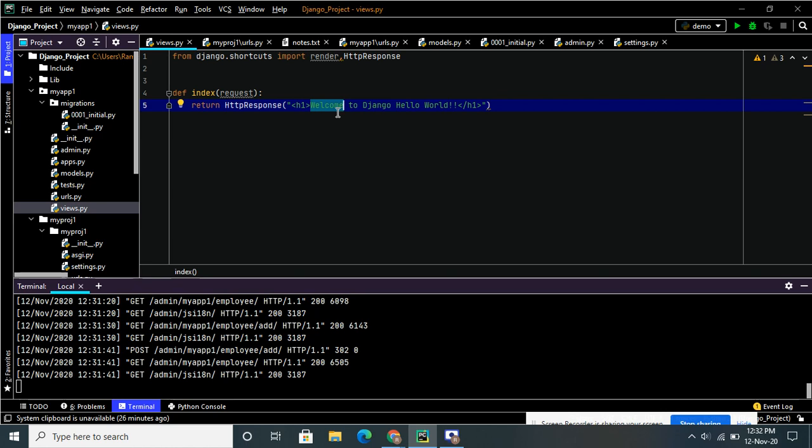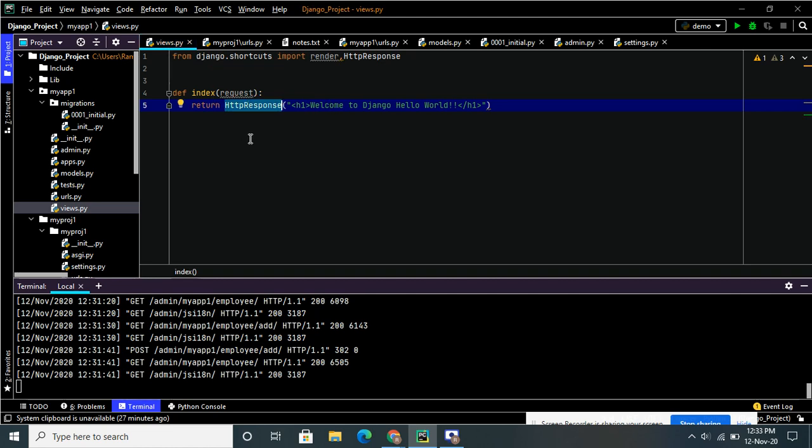Now I'll give some important points about views. A view is a place where we put all the business logic. Whatever code I write in the views file is called business logic.